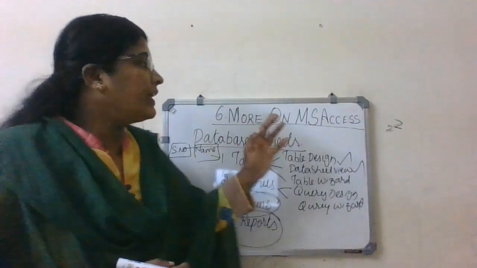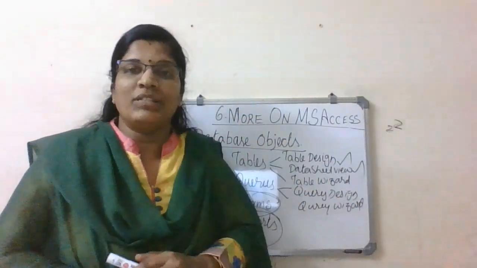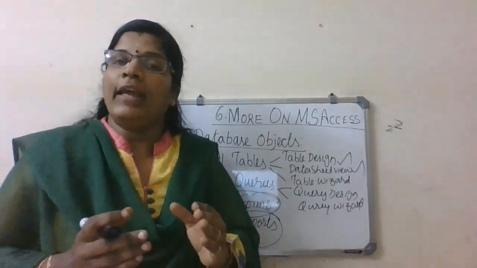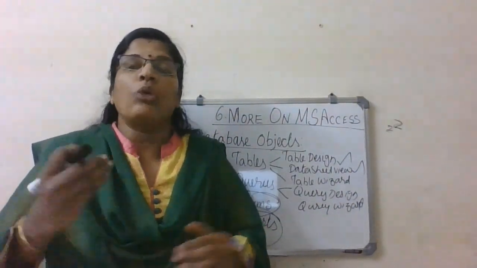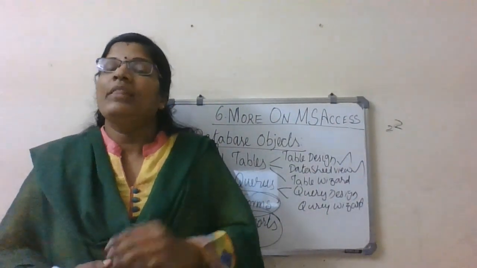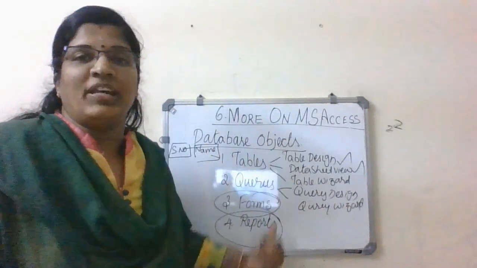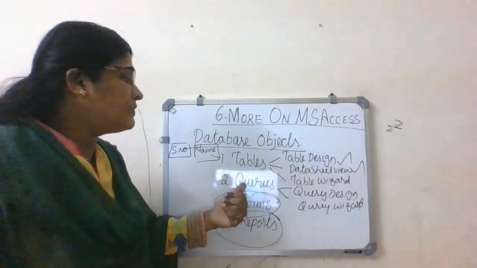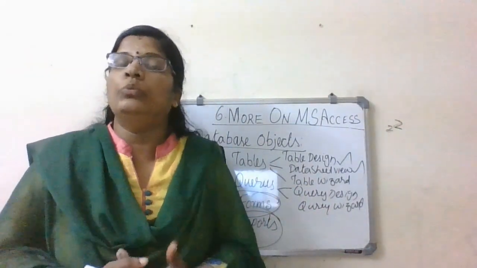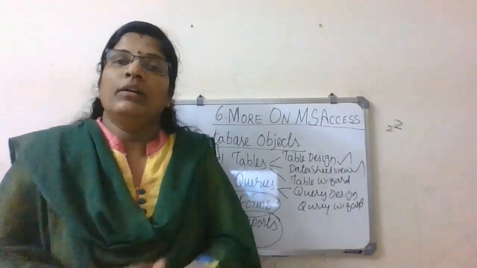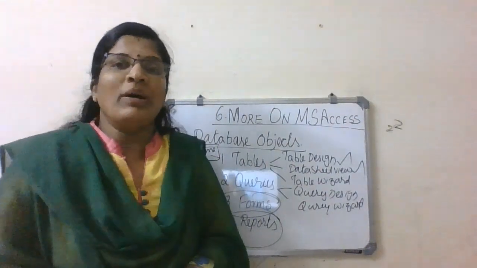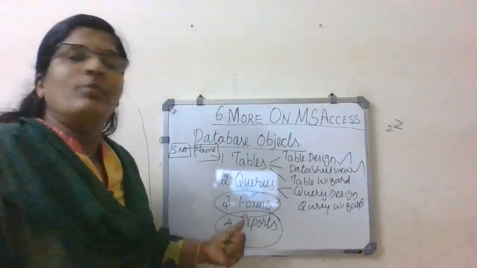Okay, so we are studying more on MS Access 2013. In this chapter, they have given the content like how to make calculations, how to sort the data, how to filter the data, how to search for a particular data. Then they have given about database objects. The four objects are tables, queries, forms, and reports. And everything has been given in detail how to do all these things in computer using MS Access. Got it? Okay, let's move on to today's practical session for forms and reports.